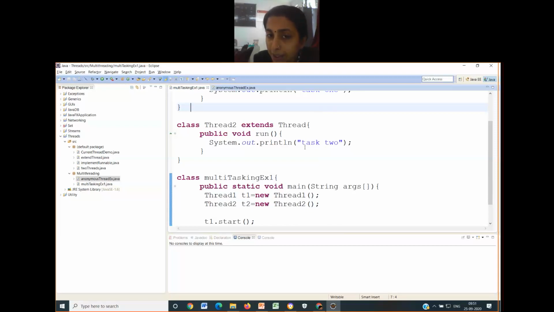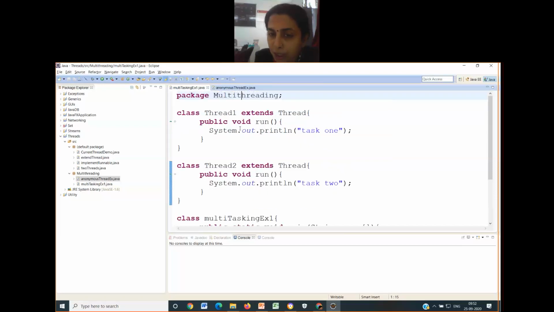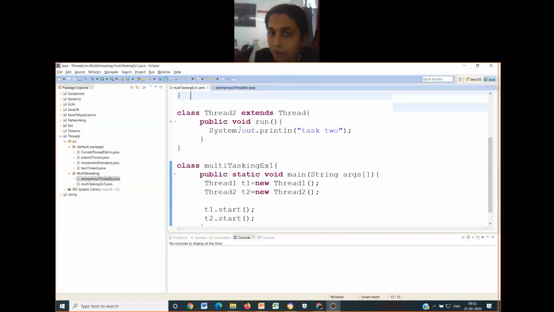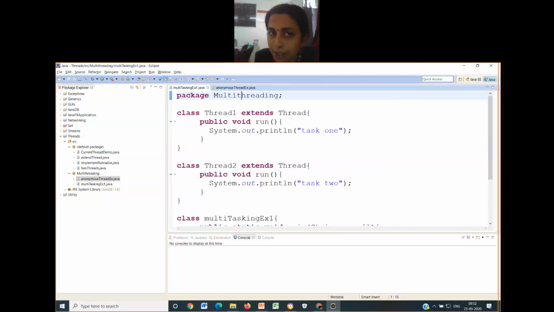The second thread must print the multiplication table for the given number. For the time being, I will stop the sharing. You can just have a glance of how you can write. I will stop sharing and parallelly I will be typing the program.